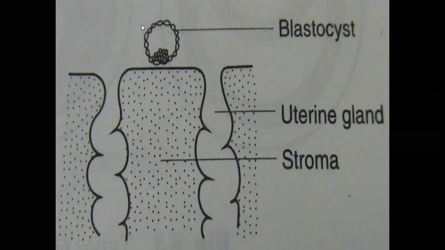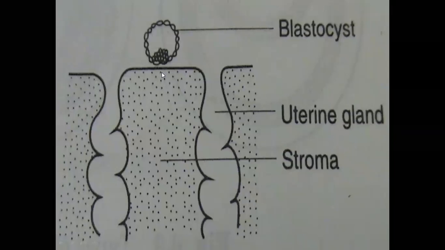Now, once the zona pellucida disappears, this is trophoblast. The trophoblast has the ability to eat up cells, whatever comes in contact with it. So it is prevented earlier: the trophoblast cannot eat up the cells of the fallopian tube and is not embedded in the fallopian tube, because there we have the zona pellucida that prevents it. Once it enters the uterine cavity, the zona pellucida disappears. Now the trophoblast has the ability to eat up the cells of the endometrium.